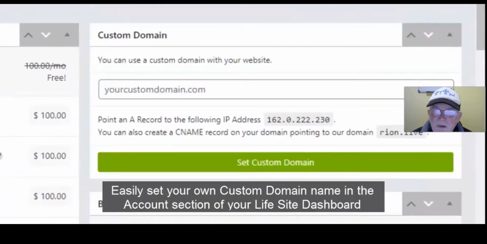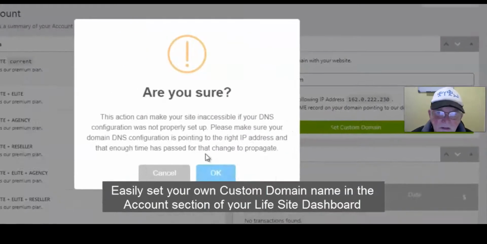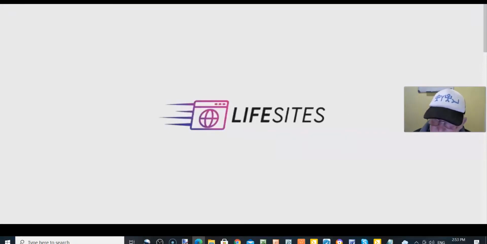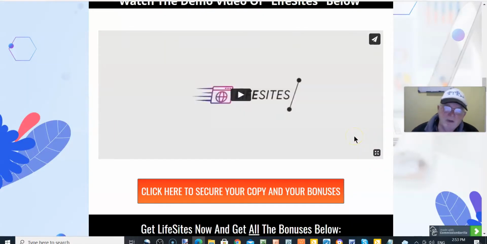Now we're going to add a custom domain, which you purchase from a domain provider like GoDaddy or Namecheap. Enter the name, the custom domain that you've purchased. And it's asking if you're sure that's the domain you want. Yeah, okay. And that was a review, a demonstration walkthrough of Lifesites and how the site is made in the